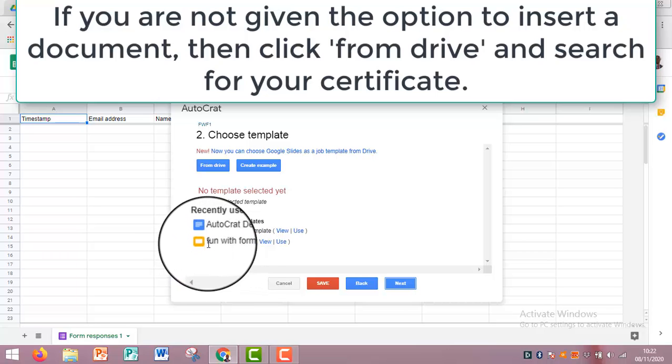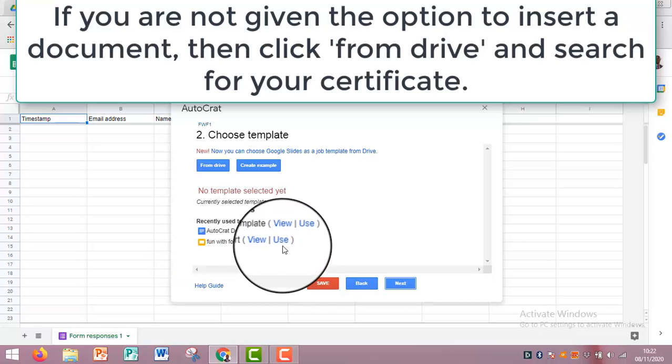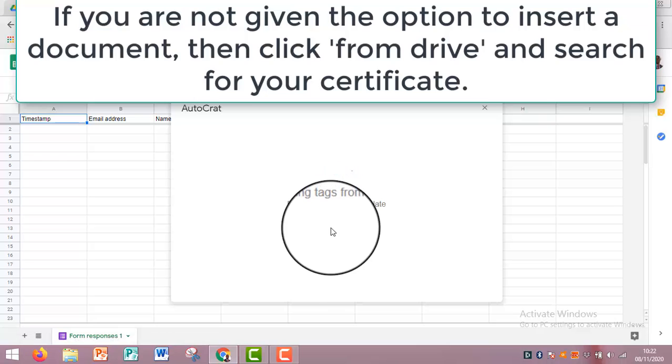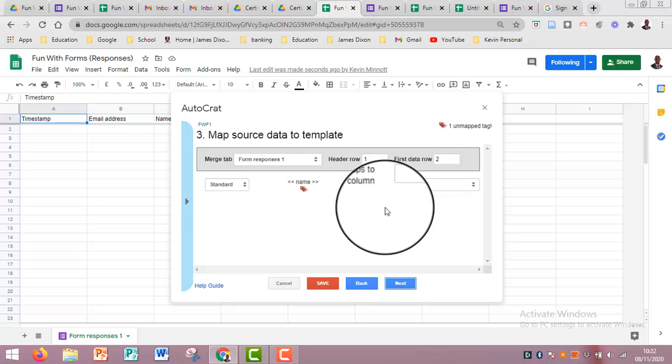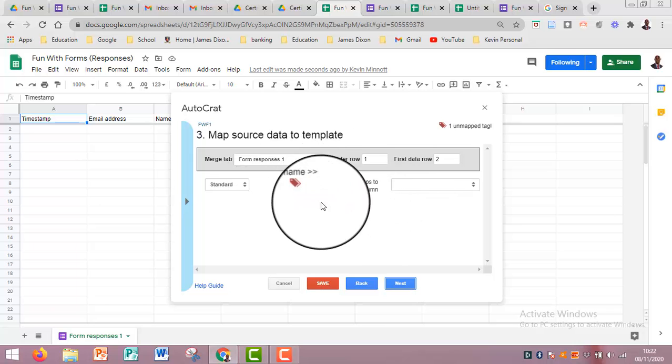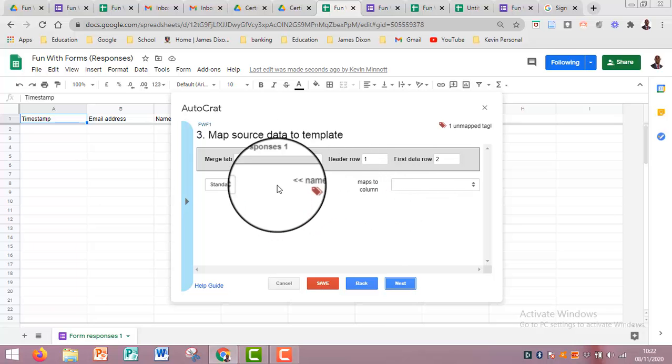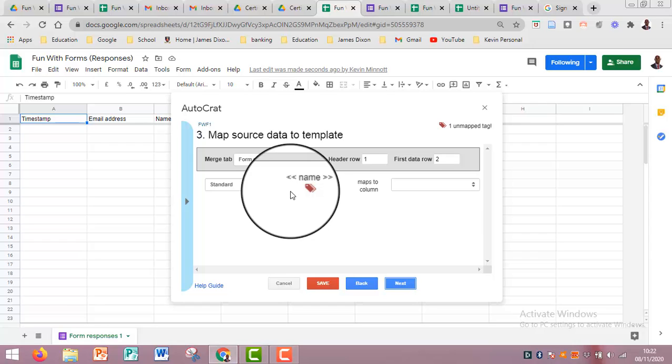As you can see here, here's the one, Fun with Forms Cert. So I'm going to use that one. Fun with Forms, is that what you want to use? Yes, I do. Next. Can you see the tag? That's the tag you inserted. When it's scanned that particular document, it's looking for the tag, which is your less than, 2 less thans, name,